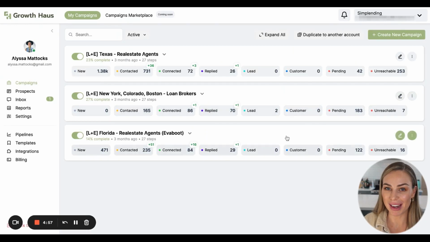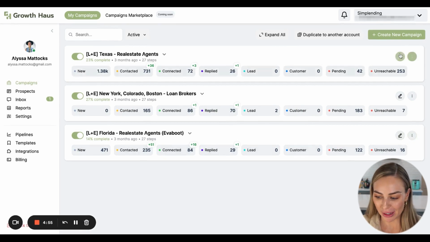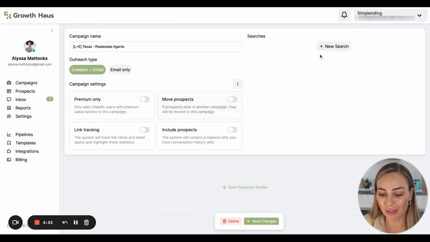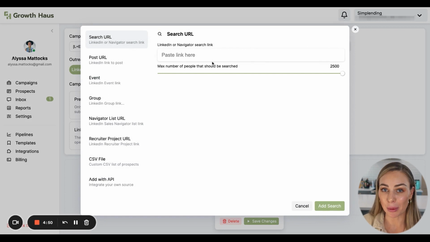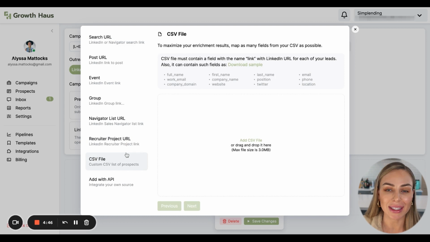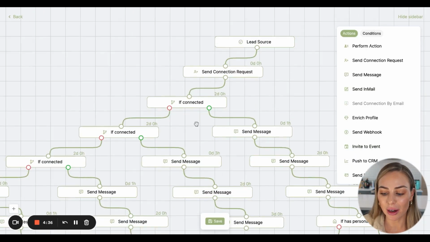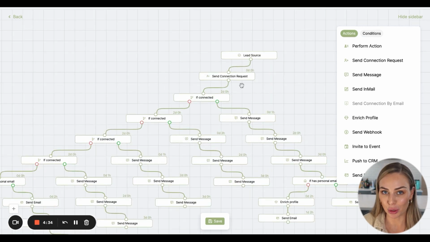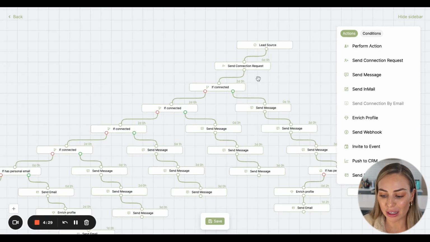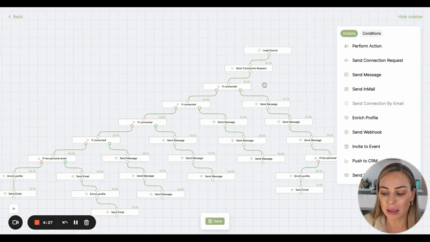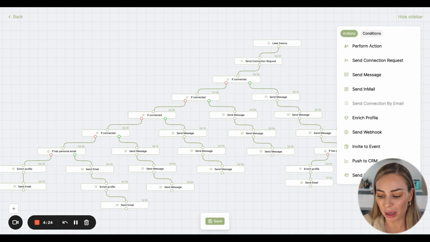Here's the platform. Now, this is what you need to know. Not only do we have the ability to plug in prospects directly from LinkedIn Sales Navigator, but you can also upload a CSV file with any data that either has a LinkedIn URL or email address. Now, if you're using LinkedIn Sales Navigator, you can start off with send a connection request, or if you have the LinkedIn URLs. Now, what we're doing here is we're having the ability to send mass outbound communication, but also